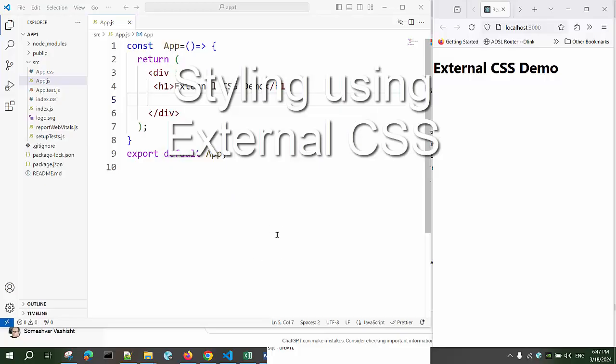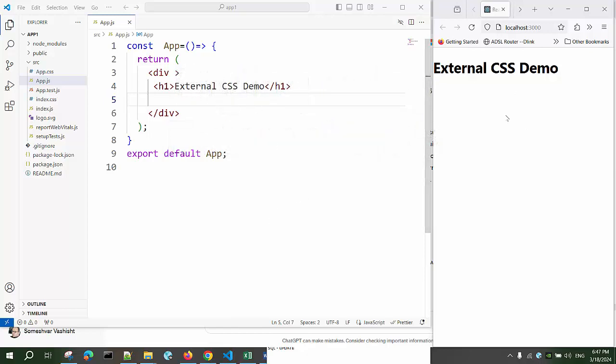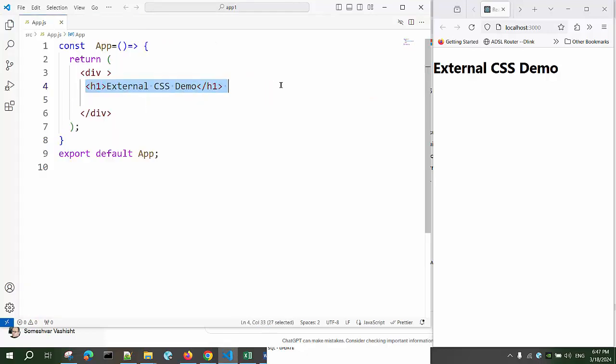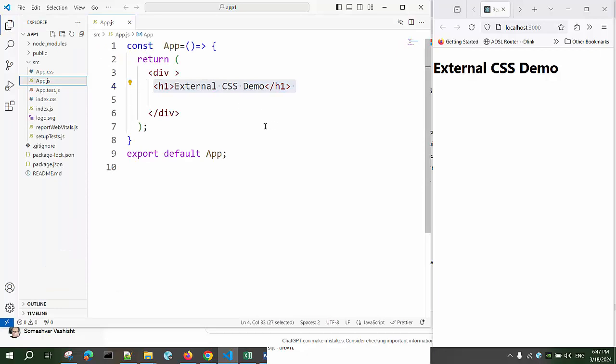Okay, so in this lecture we will learn how we can use external CSS to style our component. Right now this is my app.js file. It has the basic code for any component, and in that I'm just displaying one heading, which is external CSS demo. So let me first create one CSS file, and then we will link that CSS file with this component. Whatever styles we specify in the styles.css, those styles should be applied to the elements in